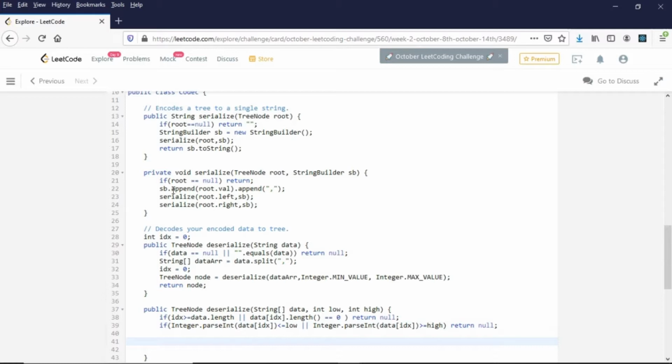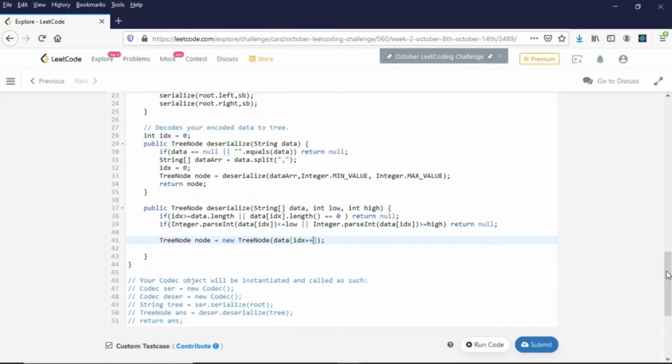Now I will do the same thing that we did here, that is the pre-order traversal. So using my current data value, the current index value, I can create the node. So let us create the tree node, data of index, current index, and also I can increment the current index. Index is a global variable, so I can increment this. So my current index will be picked up, and then I am incrementing the index here.